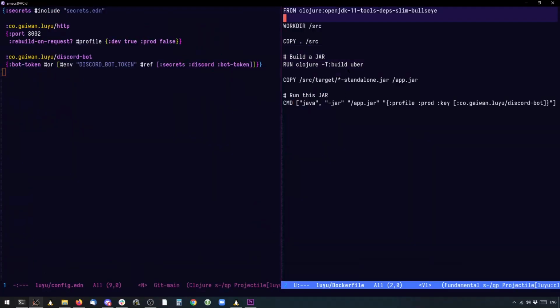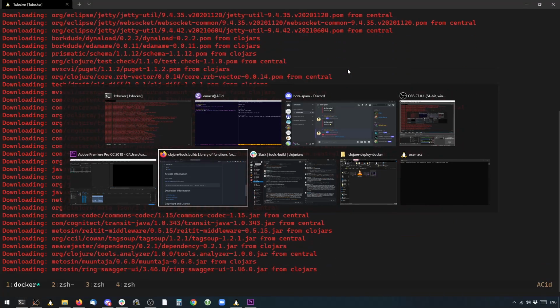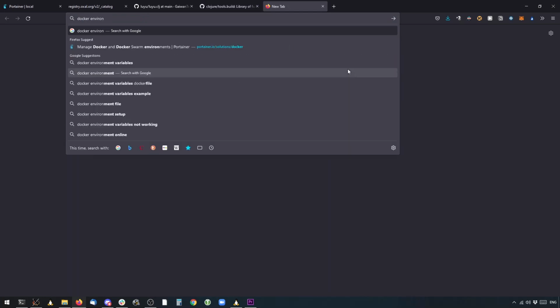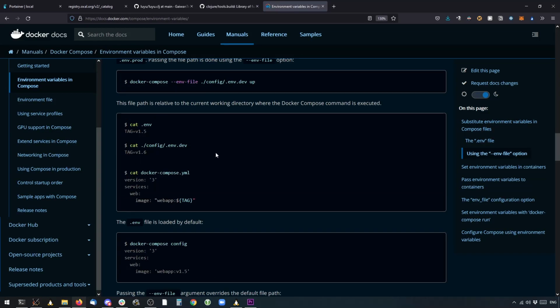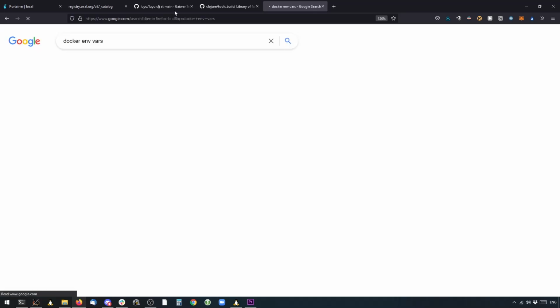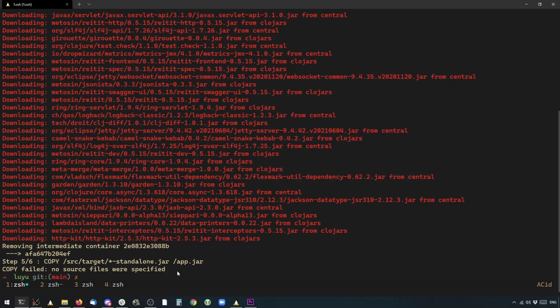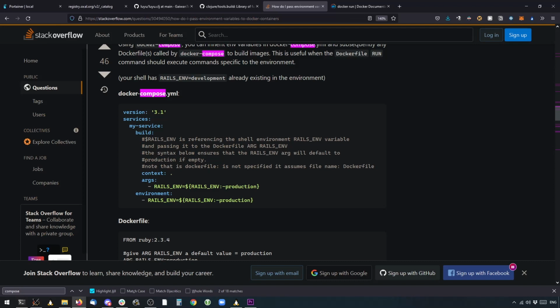So now that we have all of this, let's look at how to do Docker environment variables. There's this -e tag, which gives the environment variables. We can probably put in the Discord bot token in there. Okay, apparently we don't need to copy it this way.